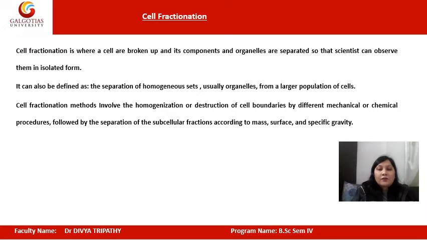The steps of subcellular fractionation, as you can see here on the slide, involve homogenization, differential centrifugation, and further separation and purification by density gradient centrifugation. If you remember, these two are the types of preparative centrifugation, right? Then the next step will be the collection of fractions, and finally the analysis of the fractions will take place.